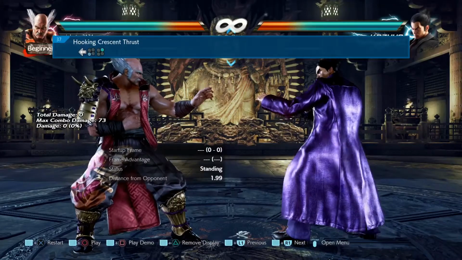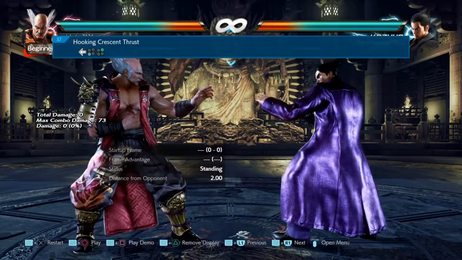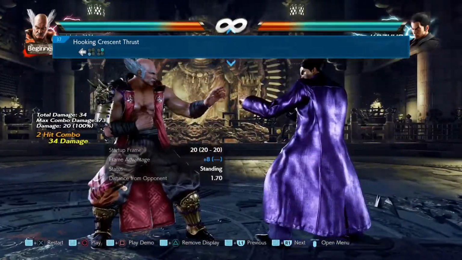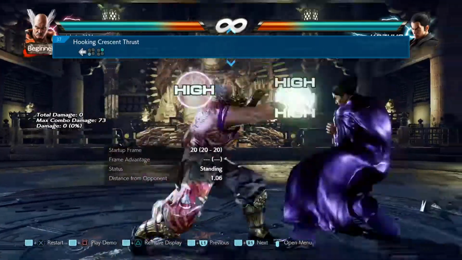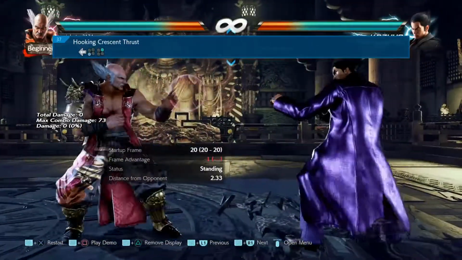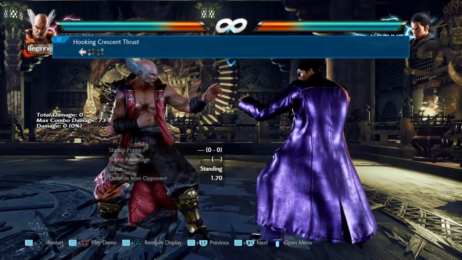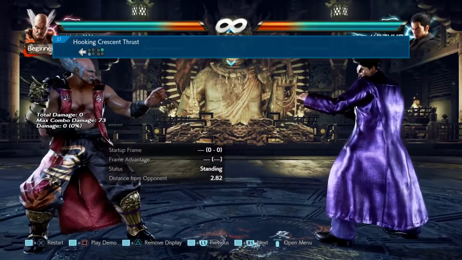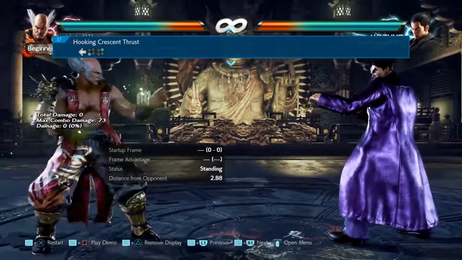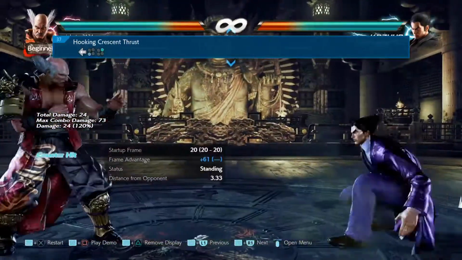First up, his new move, which is a new extension of back 3. So it's back 3-2. It's a high string, comes out in 14 frames, and it's plus 8 on hit. It's minus 1 on block, so it's safe. Of course, being a high, it's crouchable. However, you also get a full combo on counter hit if the last hit lands on counter, and that's really